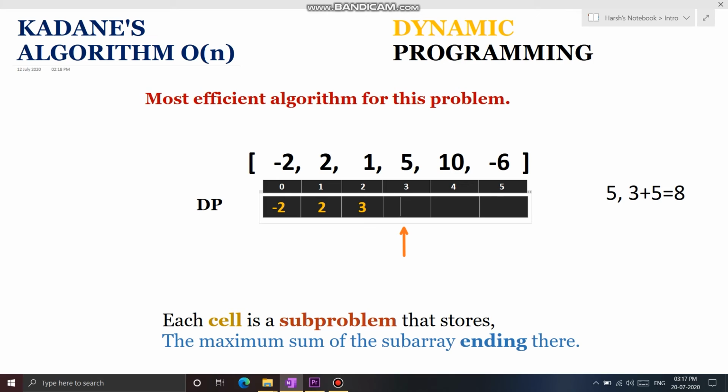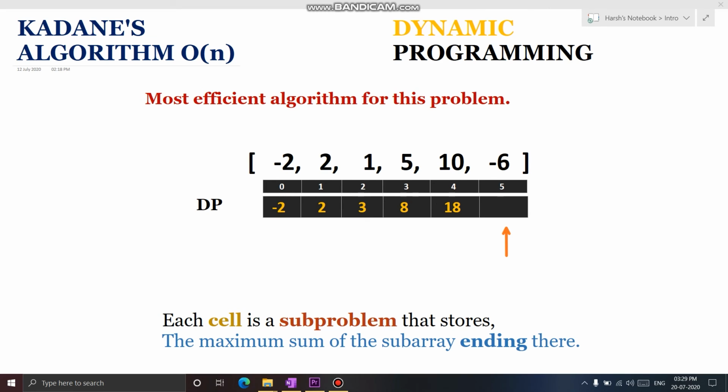So out of these two choices, we pick the maximum one. Therefore, the answer to this subproblem would be 8. Next, we are at index 4 and the answer to this subproblem would be either 10 or 10 plus 8. And because 18 is larger than 10, the answer to this subproblem would be 18.